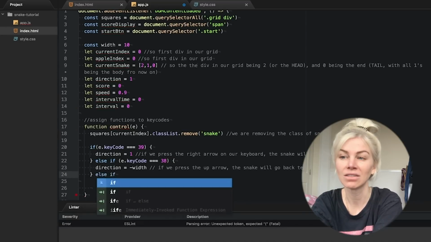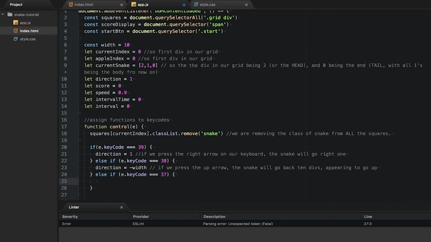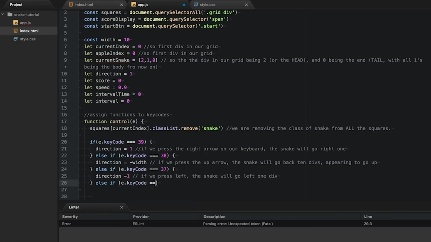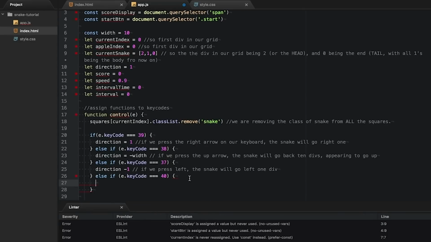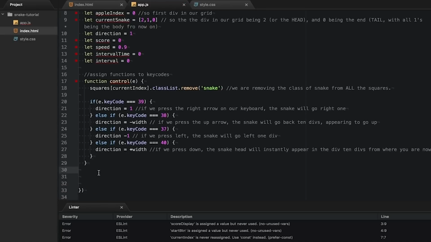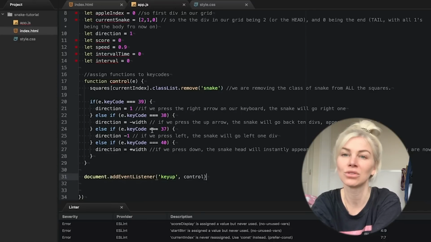Now let's finish off by writing the same for the left arrow button and the down arrow button. Finally, let's add an event listener for every time a key is pressed to execute the function control.